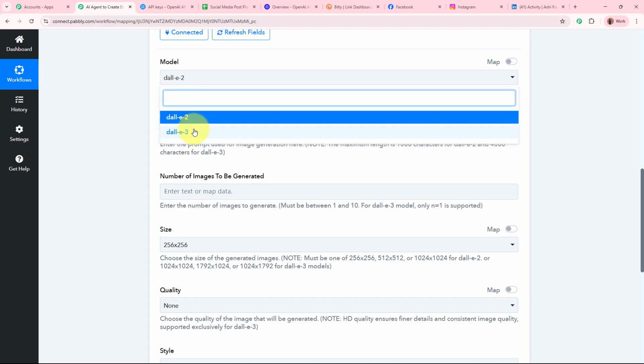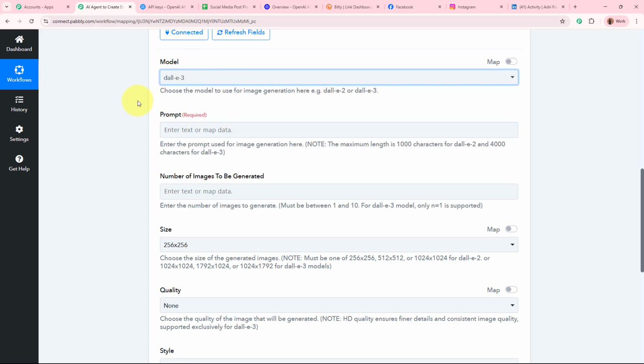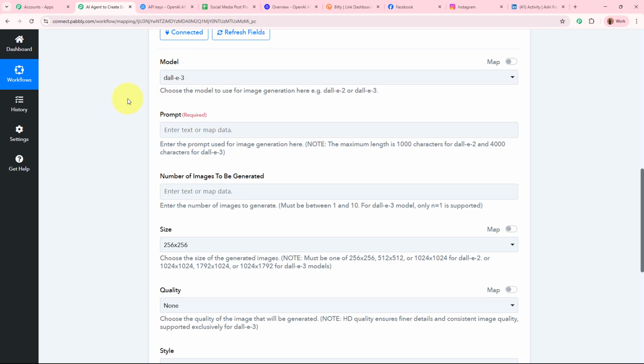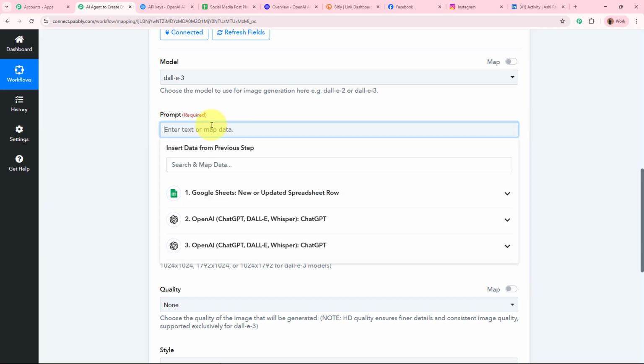For the model I'm going to use the DALL-E 3 model to generate the image. Okay, because DALL-E 3 will give me better results than DALL-E 2, but if you want you can use DALL-E 2 according to your requirement as well. Now it is asking for the prompt. This prompt is specifically for what? To generate the images. So for the prompt over here I'm going to write it as, so this is the